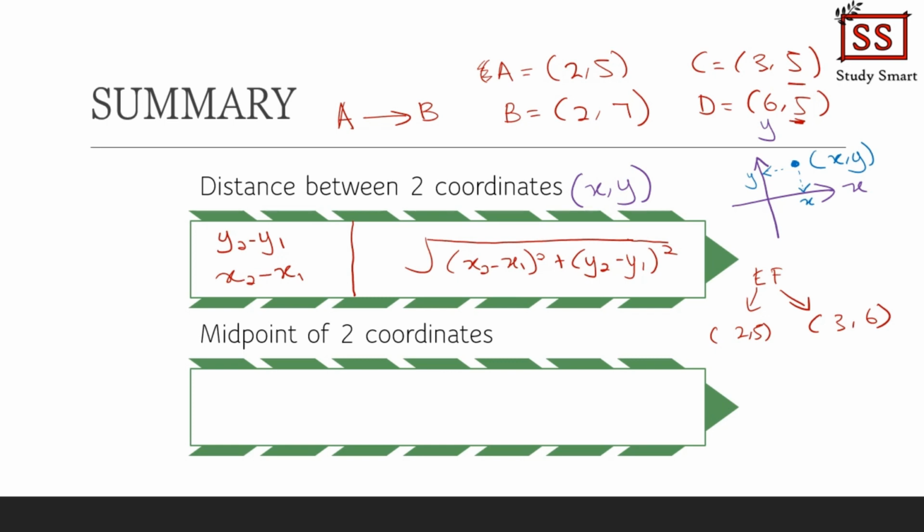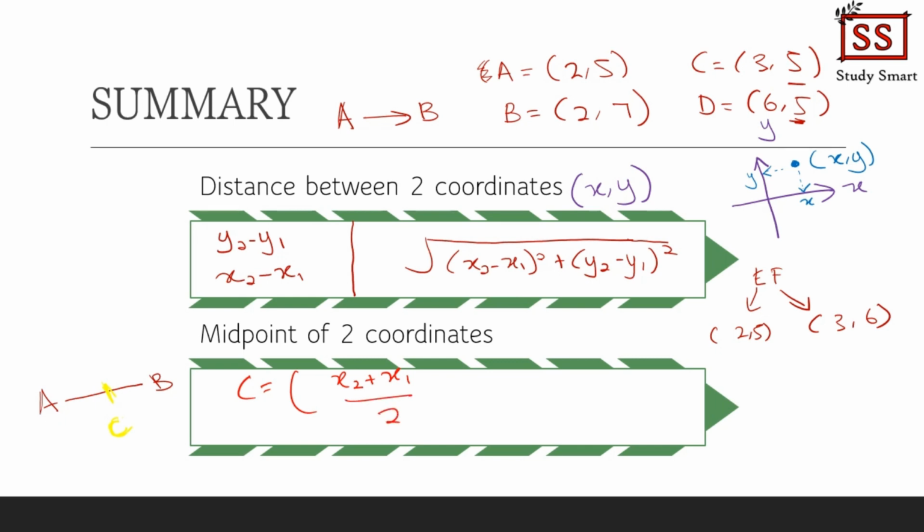Now let's see how to find the midpoint of two coordinates. Your question is asking you to find the midpoint between point A and point B. You know that the midpoint is something at the center of the line. So your midpoint can be over here, and maybe your midpoint is point C. In order to find the midpoint of line AB, which is point C, what you are supposed to do is x2 plus x1, or x1 plus x2, both are the same, divided by 2, and then put a comma over here,